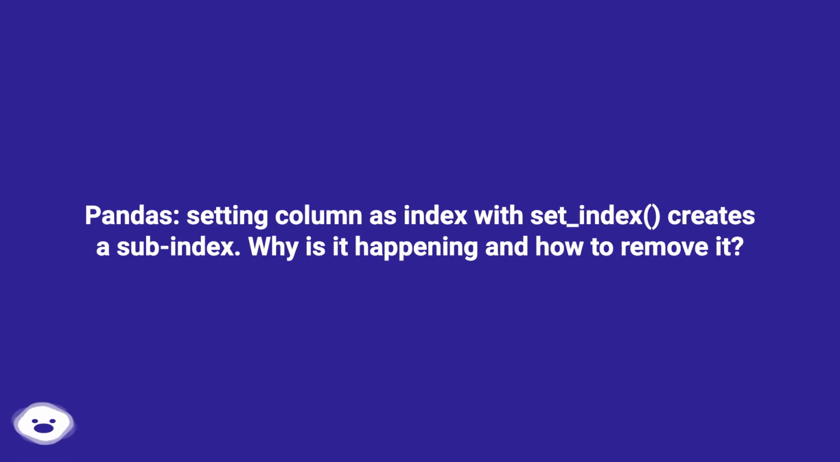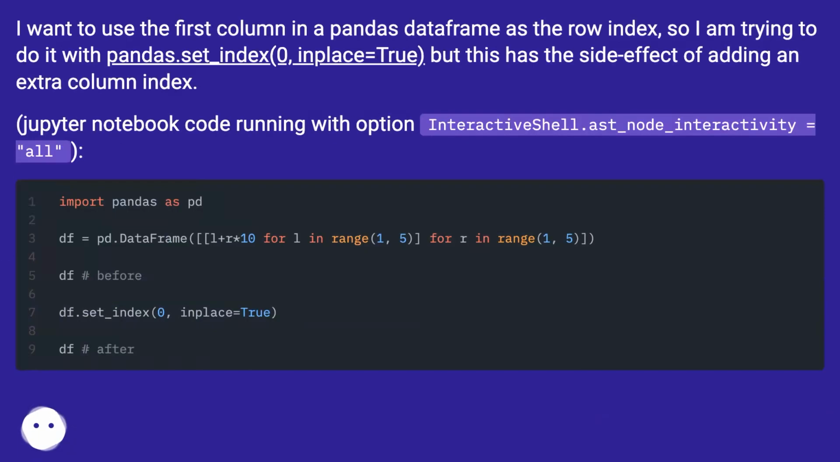Pandas, setting column as index with set_index creates a sub-index. Why is it happening and how to remove it? I want to use the first column in a pandas data frame as the row index, so I am trying